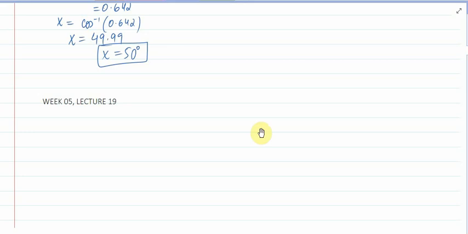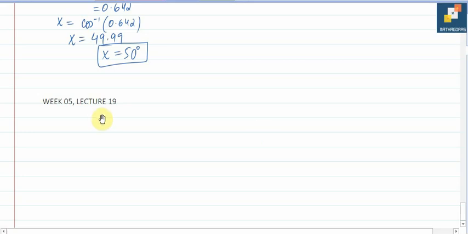Okay class, so today is lecture number 19, it's week number 5. In last class we had discussed trigonometry, the word problems, how we interpret the questions and how we solve the questions, right? We had done the trigonometry. Now today we are going to start a new topic, that is